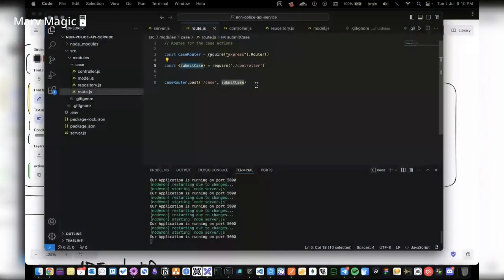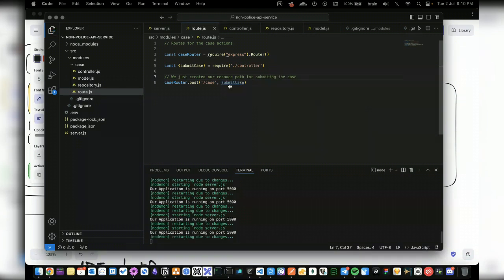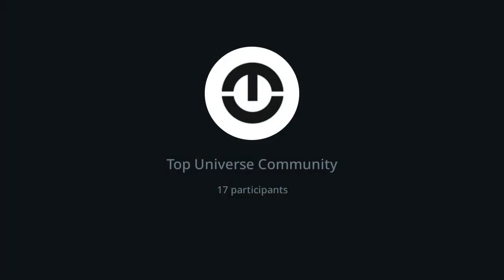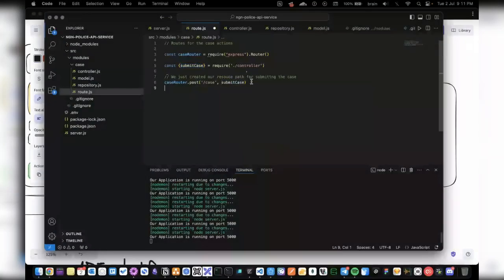We just created our resource for submitting the case. Now this is just the path to the resource, basically. Let's call it our resource path, because when you call this, what you are calling is the controller function.